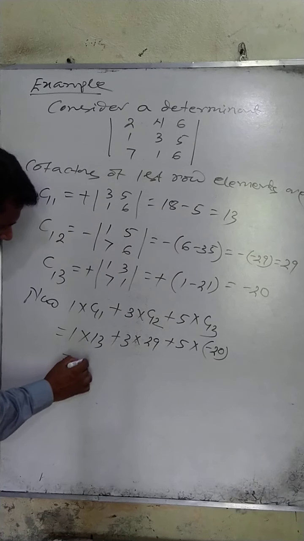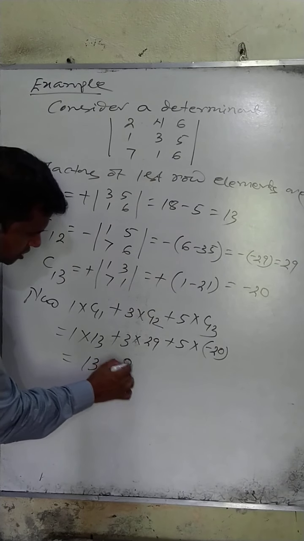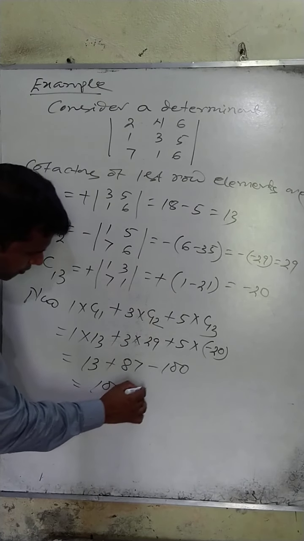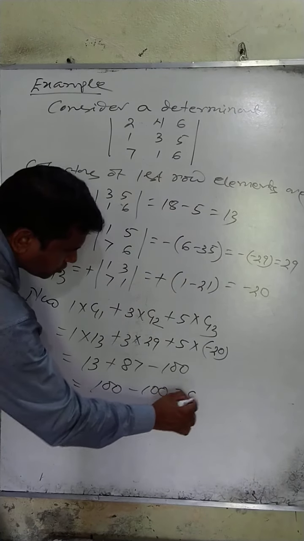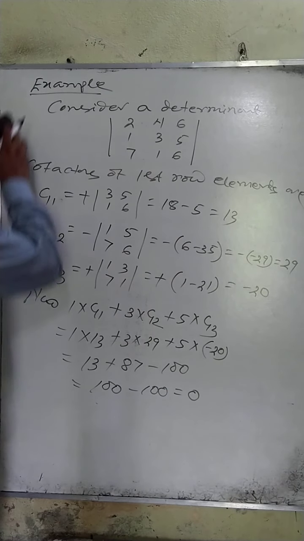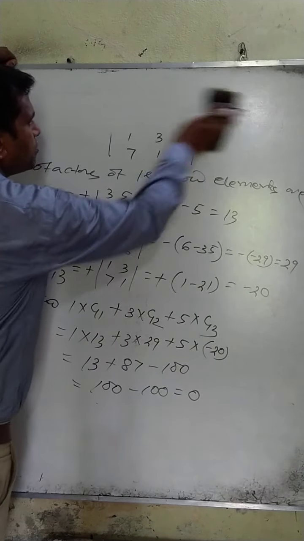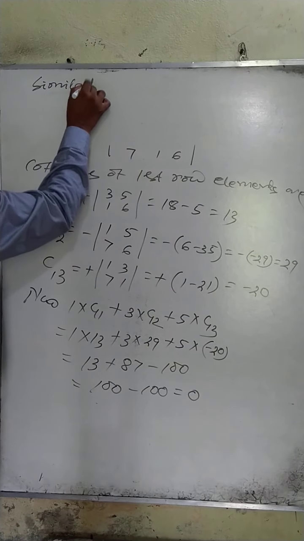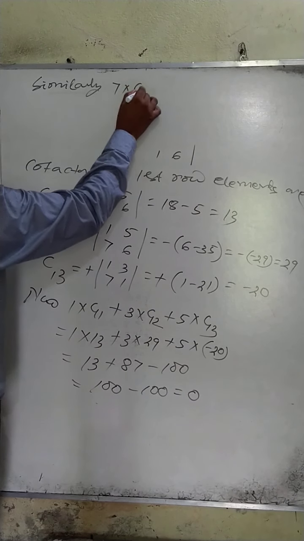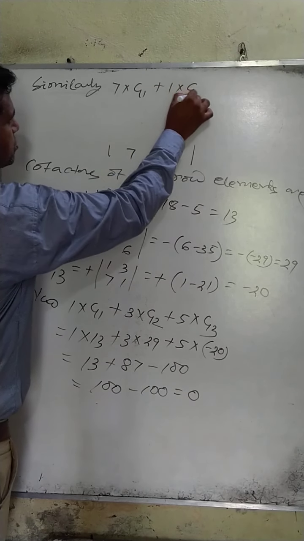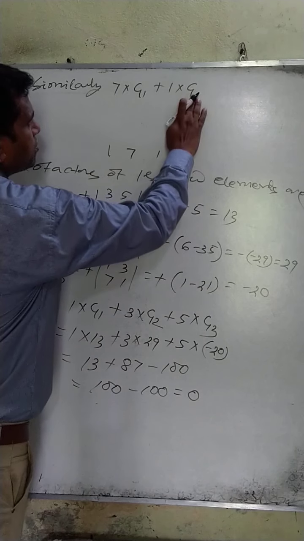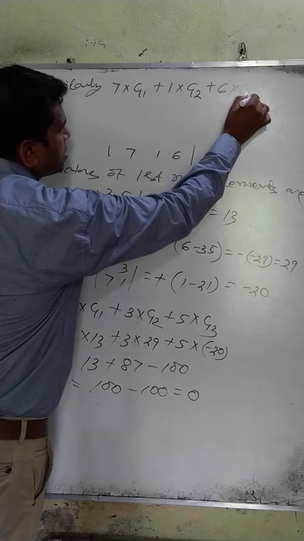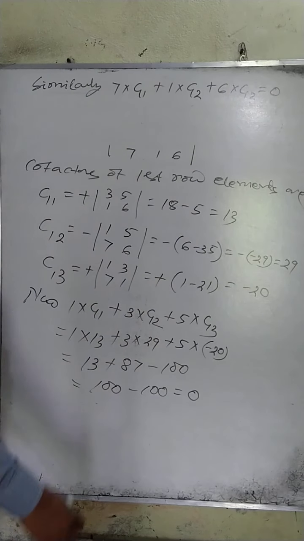Okay, that equals 13 plus 87 minus 100, that equals 100 minus 100 equals 0. Similarly, we can show 7 into C11 plus 1 into C12 plus 6 into C13 equals 0. Okay,